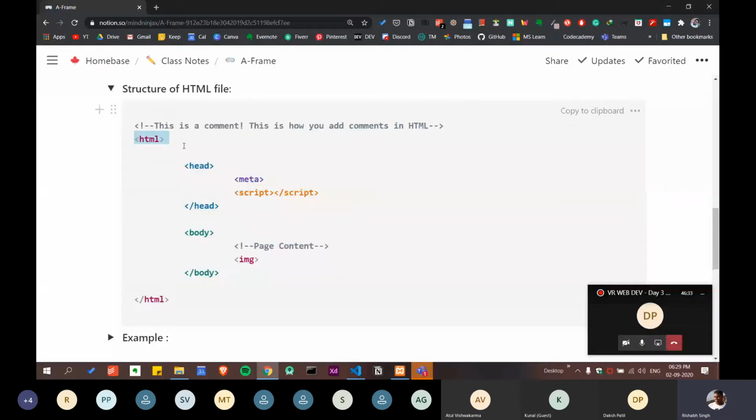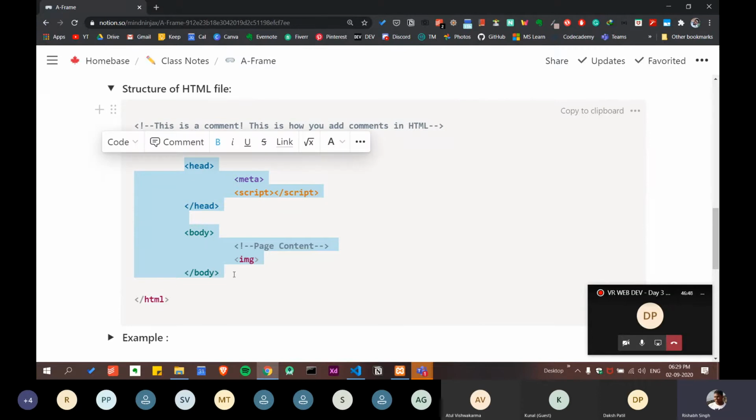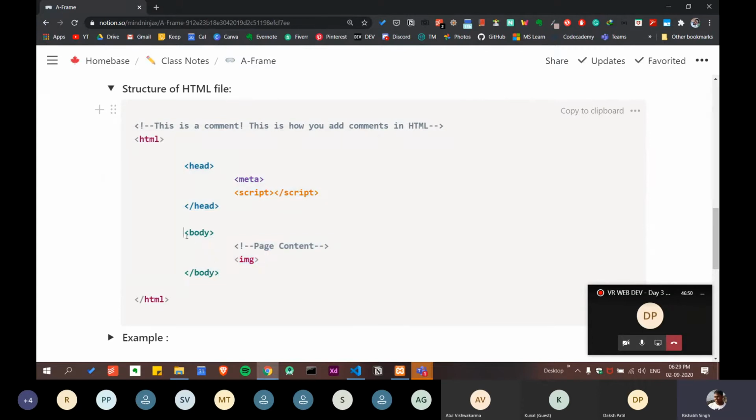This is the HTML tag, starting and closing, then comes the head tag. You can put the script tag before the meta tag, but you have to follow this particular structure and format. Body tag: you can put anything within the body tags, it doesn't have to be in order. Okay, so we are done with the basic structure.